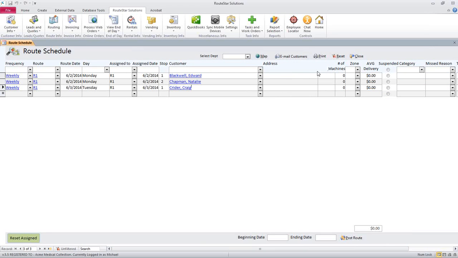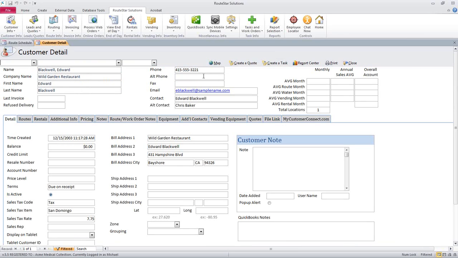All right, so we went over setting up frequencies in the route schedule. Now the last piece of what we'll cover in the beginners, without getting into too much depth, is setting up the billing. So we've got the customer on the schedule. Now how do we charge that customer each service? Well, you've got some customers that you may do by containers. You have some you may charge by the gallon. Some you may have a flat rate for service, regardless of how many times or how much you pick up. Right. So if you double-click the customer name right from the route schedule,